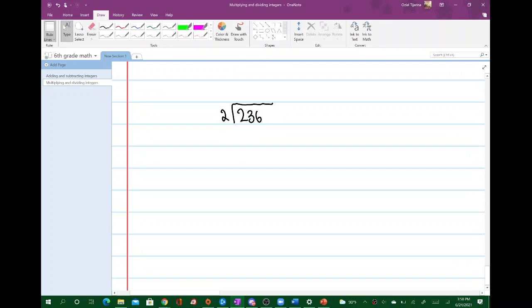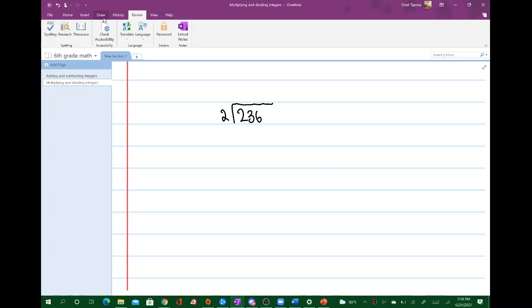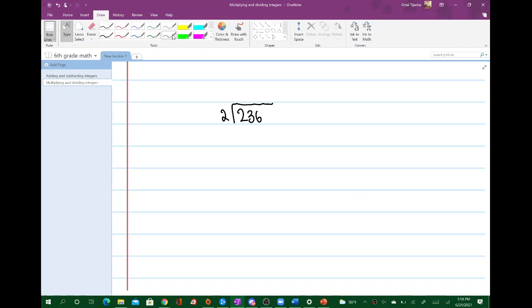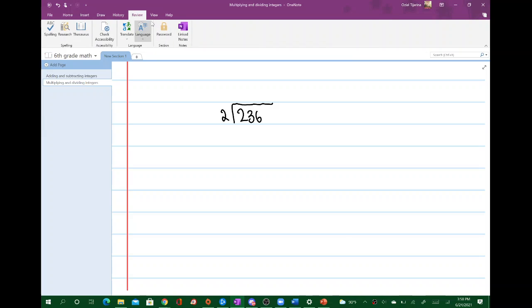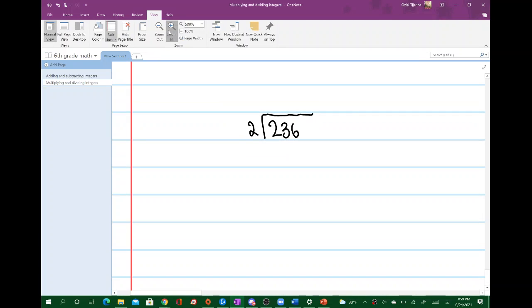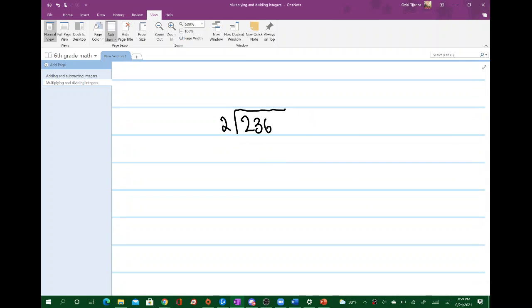We always put the biggest number on the inside, right? We always put the biggest number on the inside. That is a very important thing to do. And